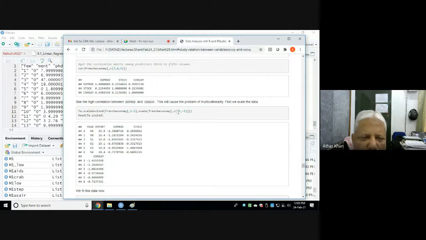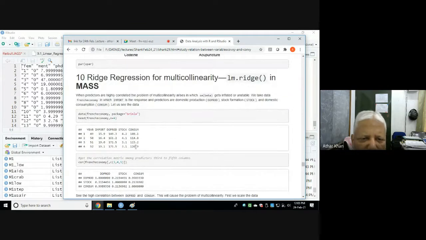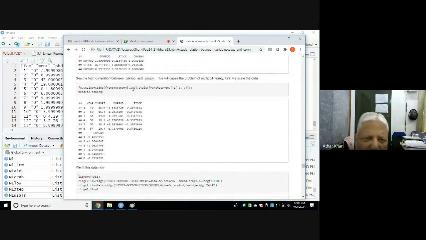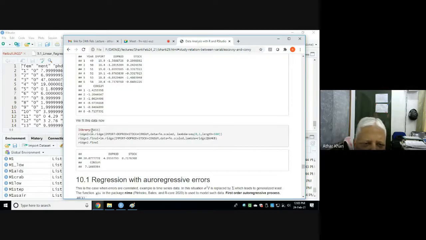Except those two, all the remaining predictors are being scaled. For scaling, people do a lot of calculation, but here this is a very simple command, scale, and it will return the scaled data, and this scaled data will be fitted.